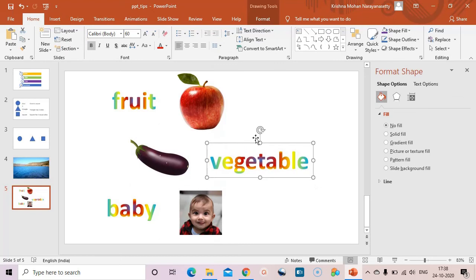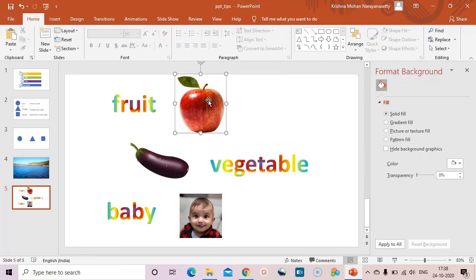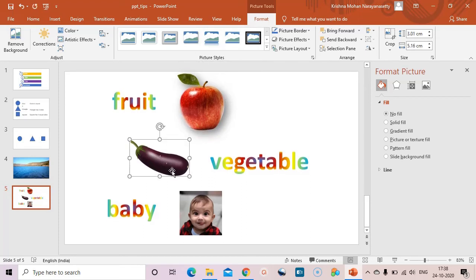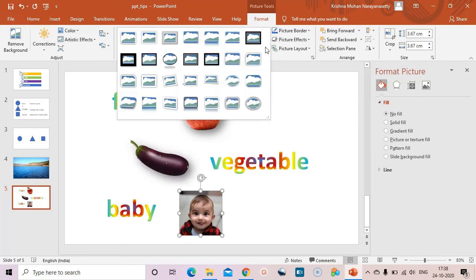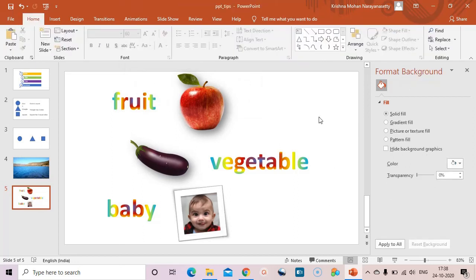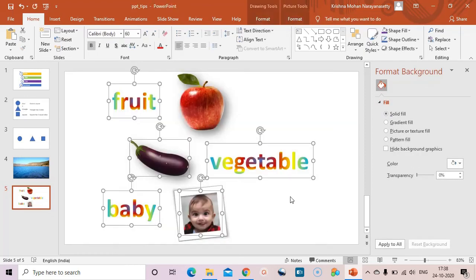I'm aligning things. Okay, so if you want, you can even format the pictures. For example, Format, choose any format. I'm choosing this one for a shadow. So this one also. For this one, so whichever we want. For example, the circle, or let us take a tilted picture. Okay, so we made a post. So we prepared a post. So let me center it.